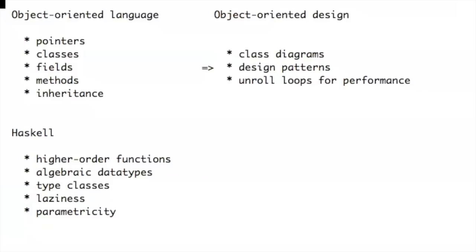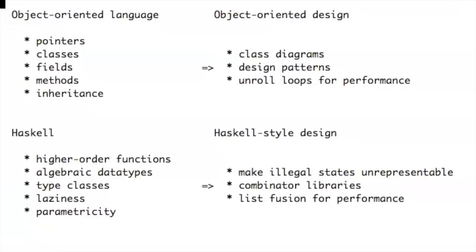And this links to the main subject of my talk. In Haskell, we have a different way to do things, a different way to architect our programs. Since Haskell's feature set is very different from the feature set of a more mainstream programming language with probably classes and inheritance, we can't design our programs in the same way using class diagrams and such. And so instead, we have a different set of ways to design Haskell programs, and I want to talk about Combinator libraries, but I also want to take a moment to tell you briefly about this one, making illegal states